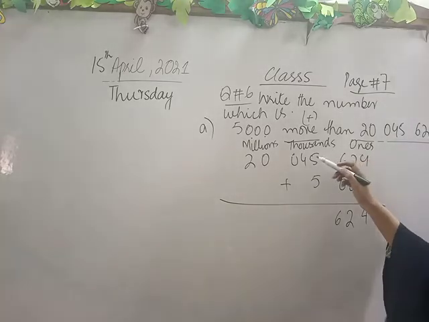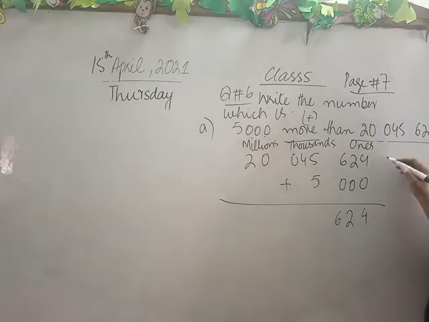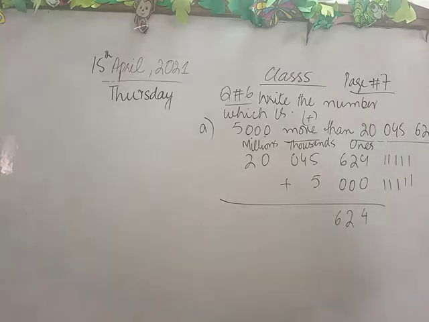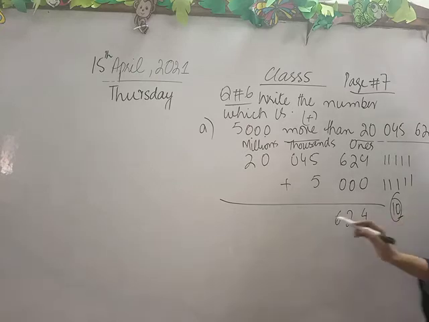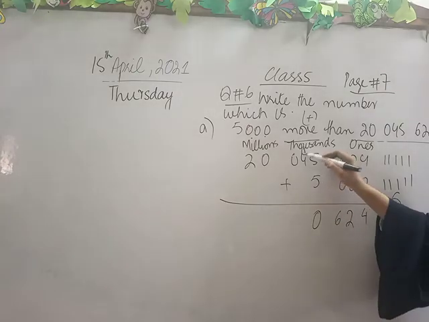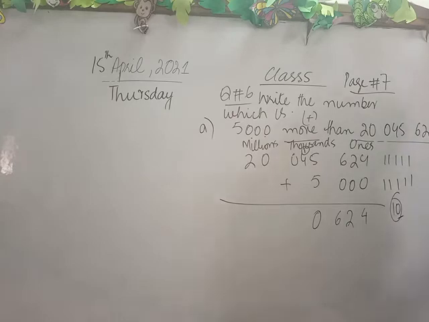Now the next number, which is 5 plus 5. 5 for upper, 1, 2, 3, 4, 5 and 5 for lower, 1, 2, 3, 4, 5. Yes Alina, you tell me. 5 plus 5. Very good. 5 plus 5 is equal to 10. We have a 2-digit number. So we will write 0 at unit place and 1 on 4. Fine.